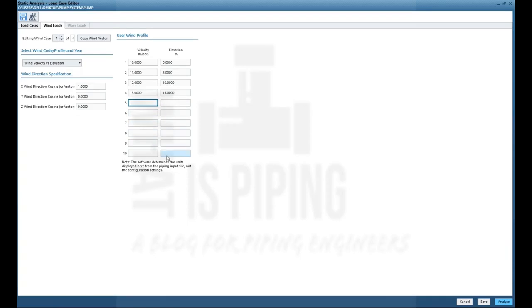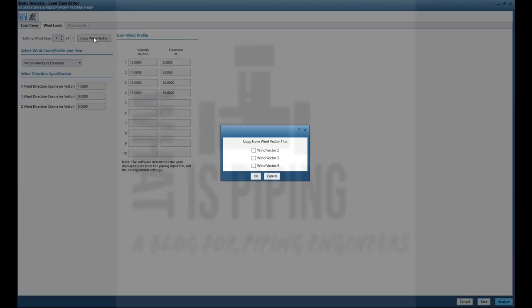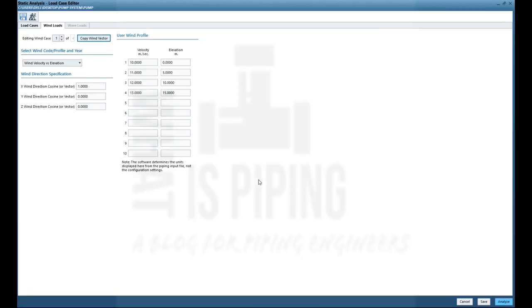The current defined system will not be more than 15 meters, so I am not defining more velocities. Now we can directly copy this wind vector to other vectors directly, so it will be copied.